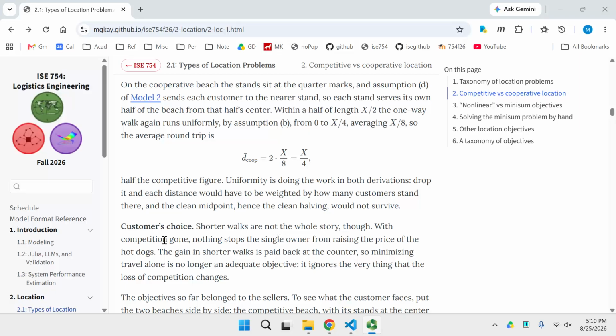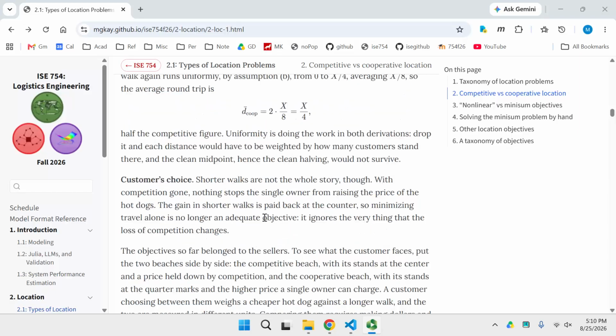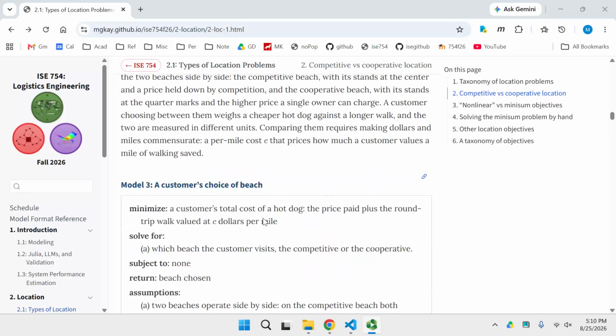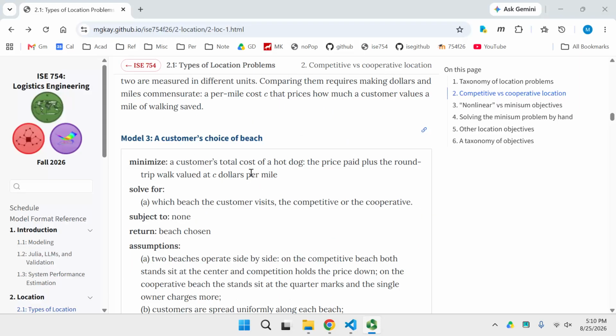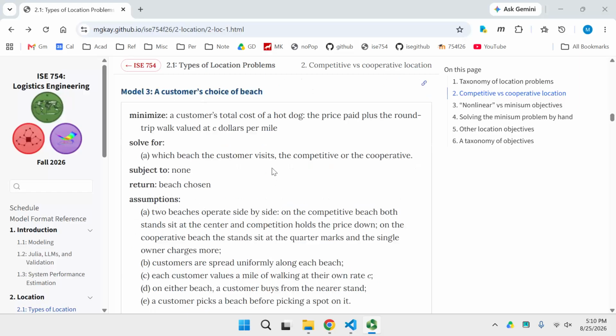So question then is, we basically have a problem of customer choice. So assume we have both types of beaches, one a competitive beach environment and the other a cooperative beach environment. One way of modeling this is that customers now have a choice of which beach to go to. So one doesn't necessarily dominate the other as being better, but to be able to create a single model that captures customers' choice of beach, we have to make 2 things commensurate with each other, because both the price of the hot dog and the cost for walking from where the customer is to the stand have to be included